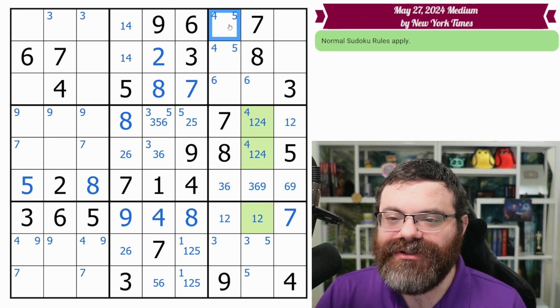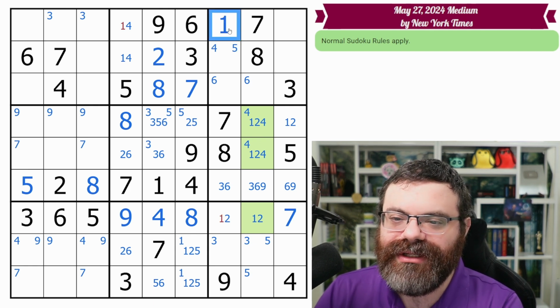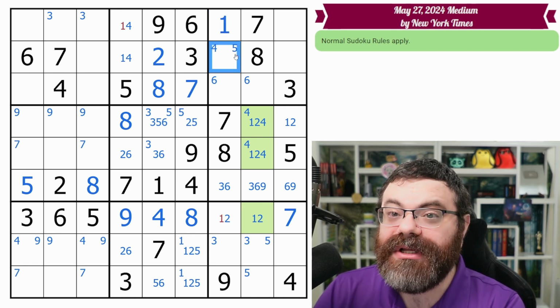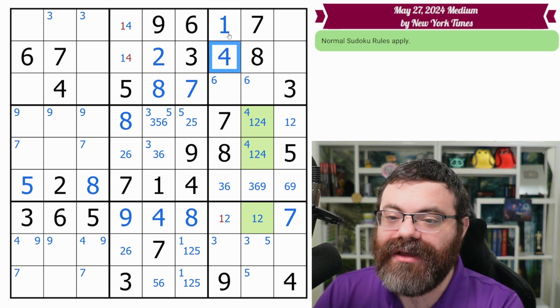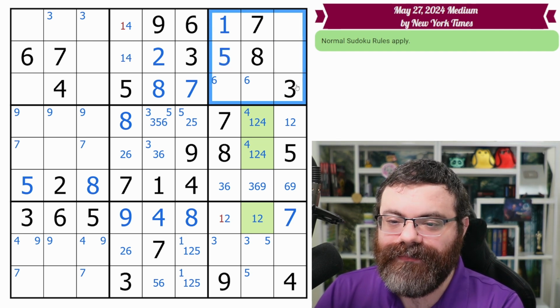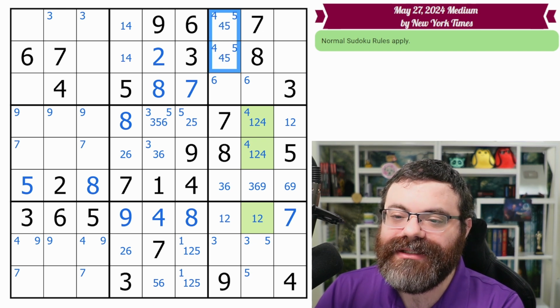As a result, if I tried to put any other digit in here other than 4, 5, like let's say I tried to put a 1 here, well, the result is now this cell must be both 4 and 5. And we just said that that's not allowed. It can be one of them, but it can't be both. And as soon as I place, say, a 4 here, now there's nowhere for 5 in the box. As soon as I place a 5 here, now there's nowhere for 4 in the box. So the result of that is that this ends up a 4-5 pair, and we can center mark it instead